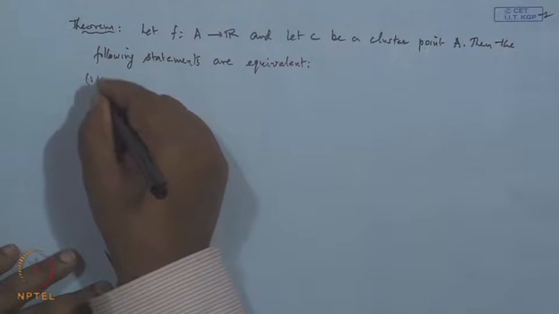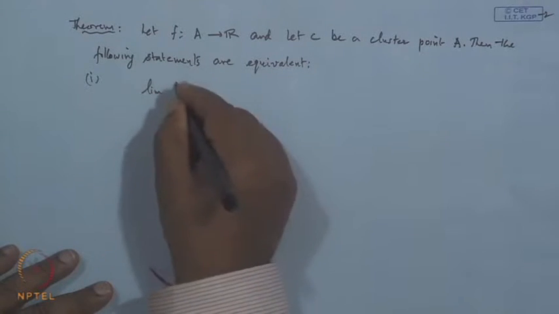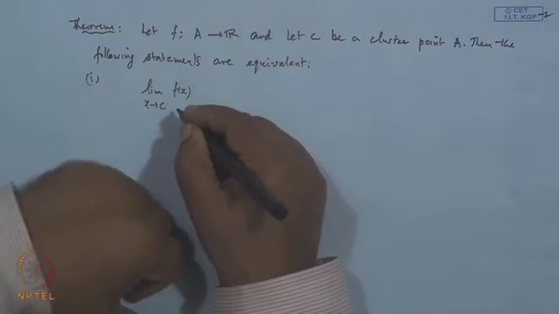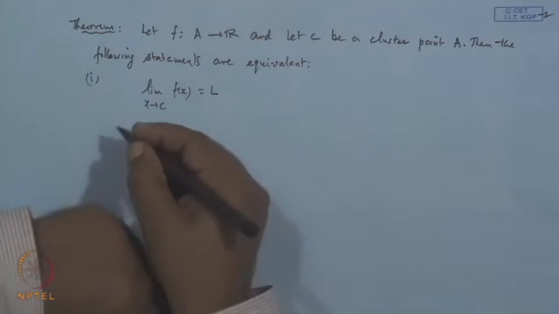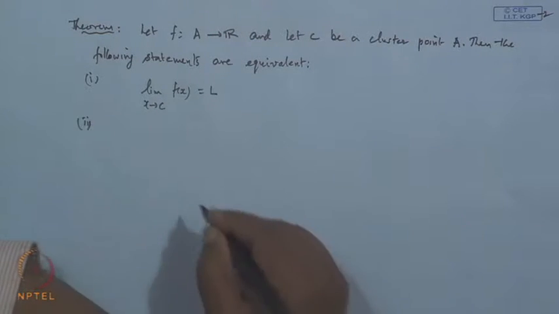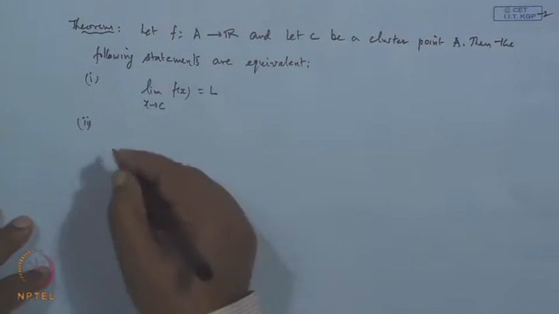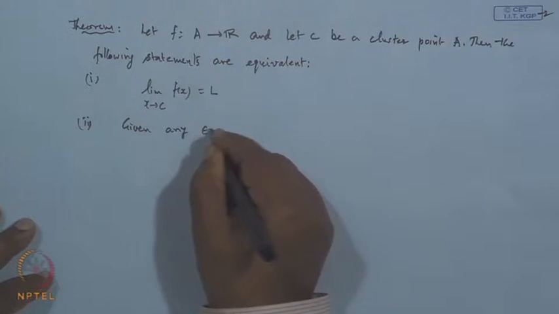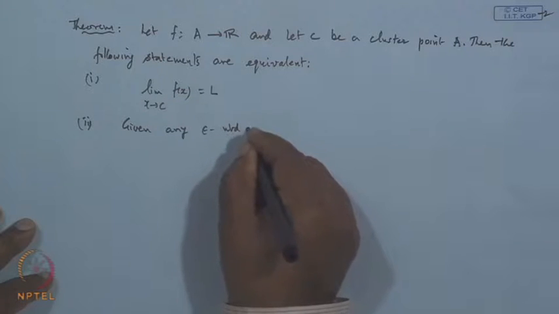The first statement is the limit of the function f(x) when x tends to c is L, and the second statement says, given any epsilon neighborhood of L,